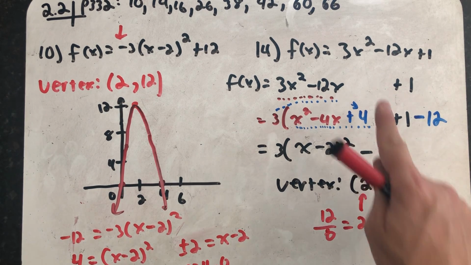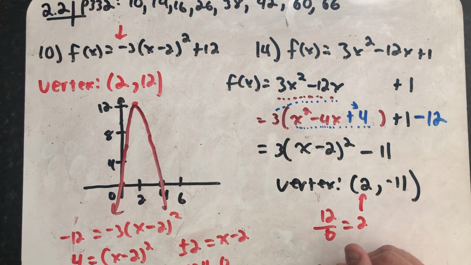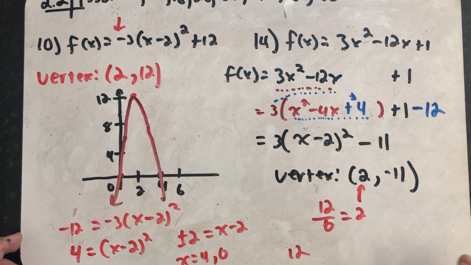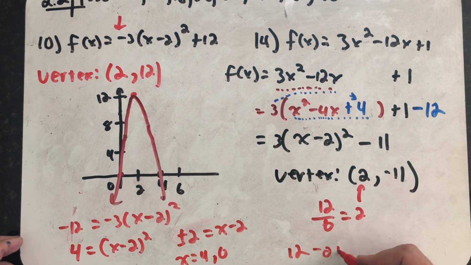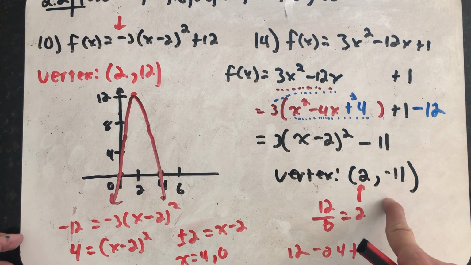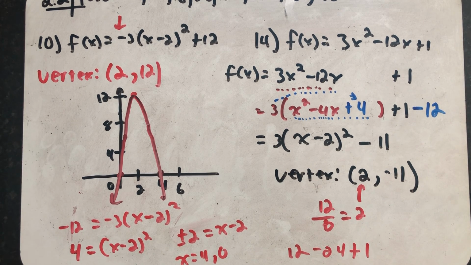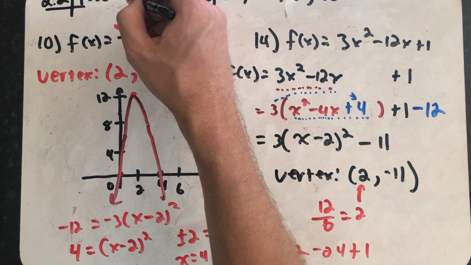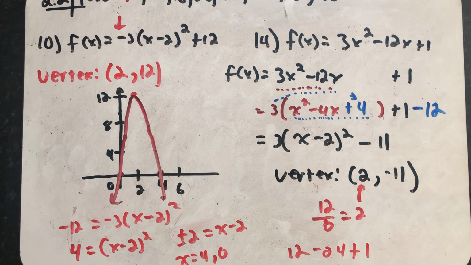We plug that 2 into the function, and I'd have 3 times 4 is 12, minus 24 plus 1. So I end up with a minus 12 plus 1 is minus 11, and everything works out. In my handwritten solutions to these problems, I've graphed this one too. But the problem in the book only asks me to find the vertex, and I've done that 2 different ways. So I'm going to call this one done and move on to question number 16,